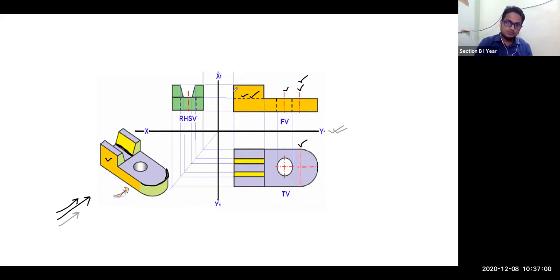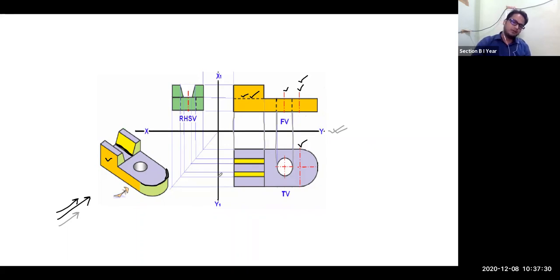You draw the front projection, and then you have to draw thin lines. This is your thin line, called a projection line or projector. The hole is represented by dashed lines. The projection comes down to your top view, and you can see exactly below it you have that circle, your circular hole.